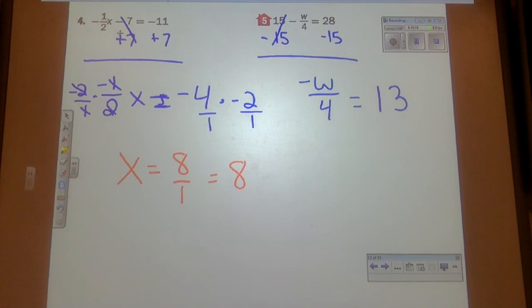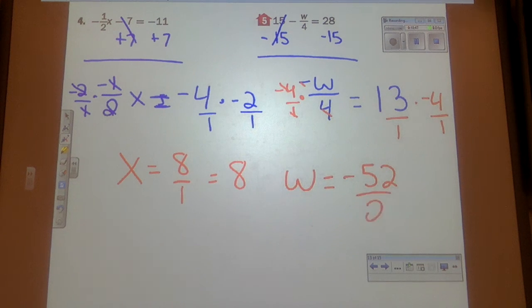What do we have to do now? We have divided by 4. Negative w divided by 4. We're going to multiply negative 4 over 1 on each side. So what's 13 times negative 4? A negative times a positive, you know your answer is going to be negative. Our 4's cross out. We're left with w is equal to